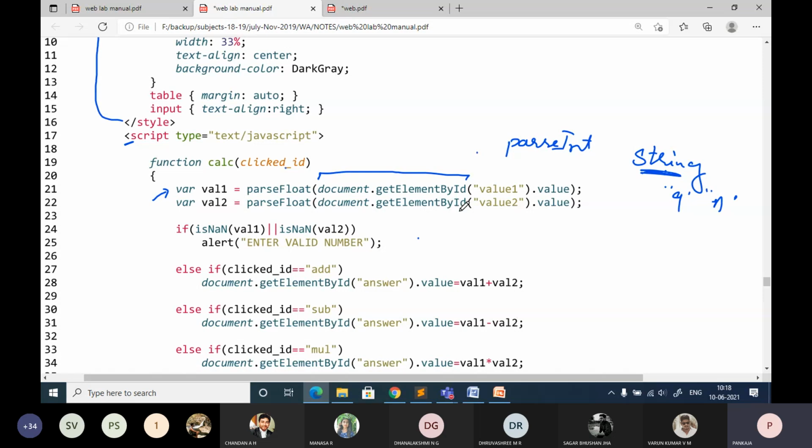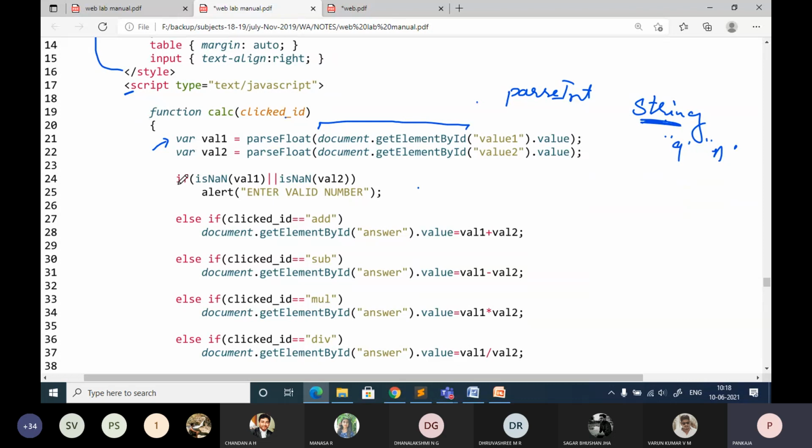Even if you want, you can go with getElementsByTagName. In that case you have to give the tag name to be specified here. So now the two values are accessed and stored in value1 and value2.